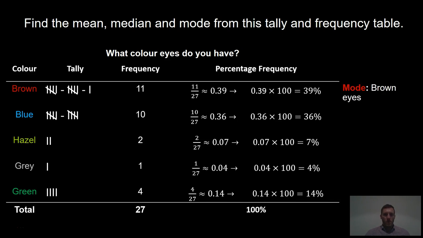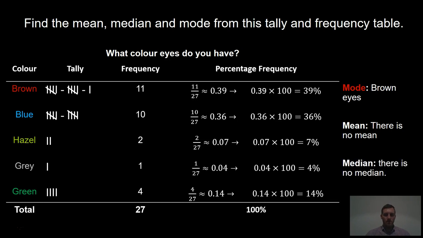frequency column. We know that to calculate the mean, we need to add up all of the values and divide them by the number of values. There's no way of doing this with categorical data. We know that to find the median, we need to order the data first. There's no way to order categorical data. And even if we had ordinal categorical data, we still would not be able to find the median, as the